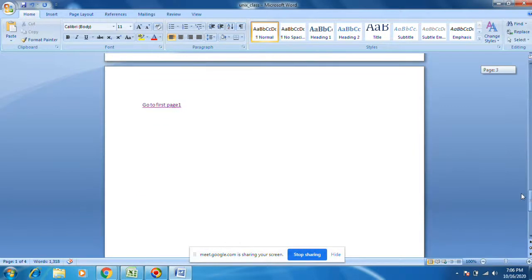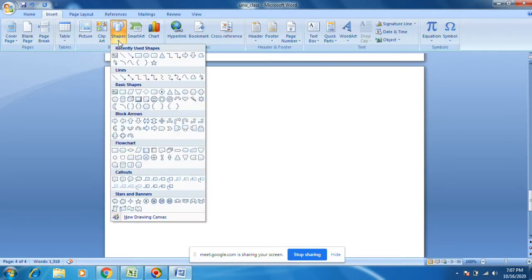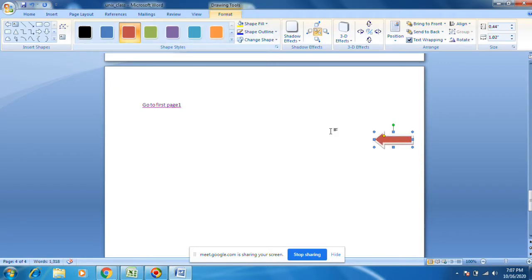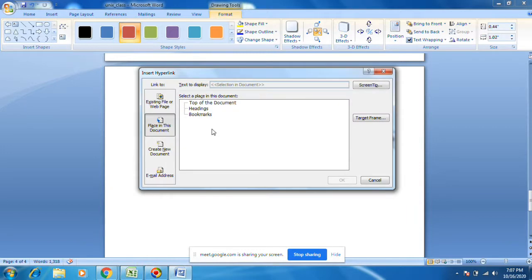If you want to put hyperlink on something like a clipboard auto shape, right click, hyperlink, then go to top of the document.